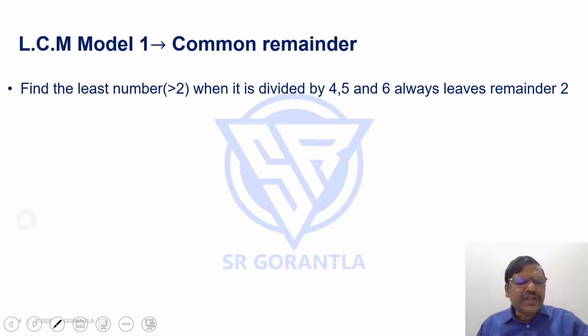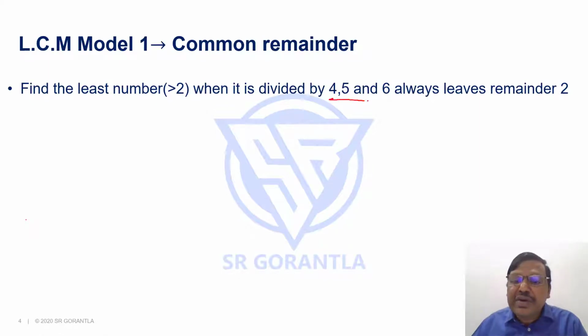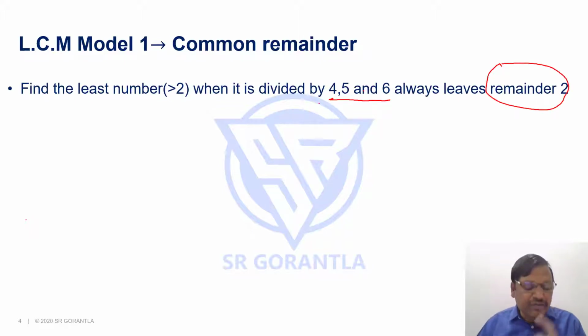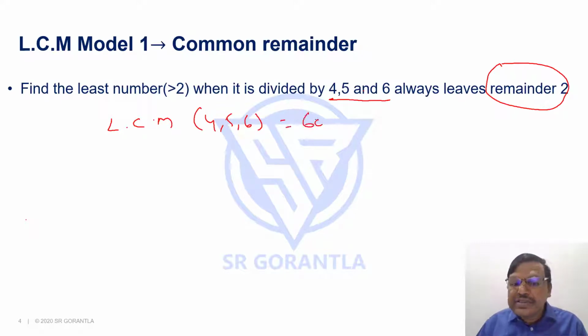Students, before this session we had a basic session on LCM and HCF wherein we discussed LCM is the least number that is divisible by each of the given numbers. So now tell me, what is the least number that is divisible by 4, 5, 6? I'll come back to this remainder later. The least number that is divisible by 4, 5, 6 is their LCM. So the LCM of 4, 5, 6 is how much? 60. Calculation part I leave it to you. You know how to calculate LCM. 60 is the least number that is exactly divisible by these three given numbers.